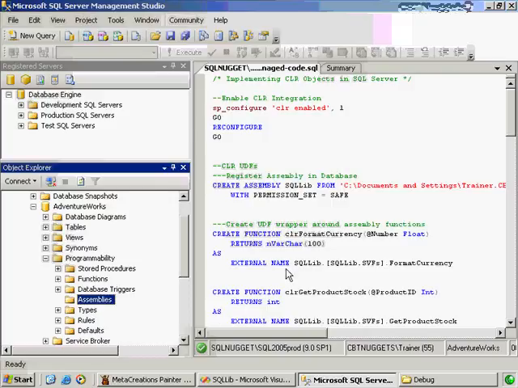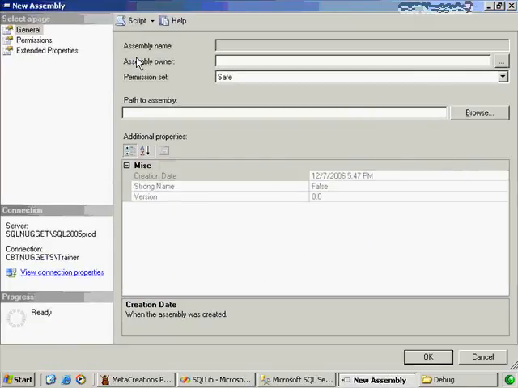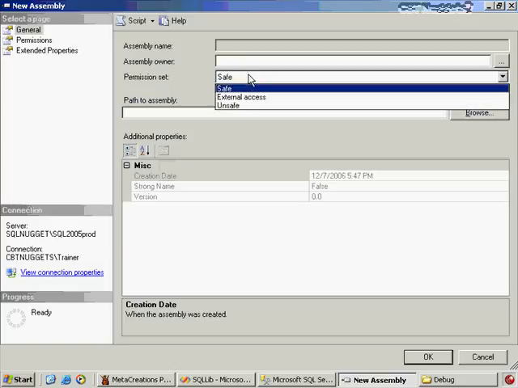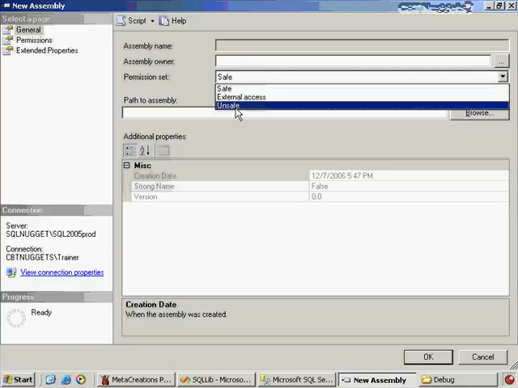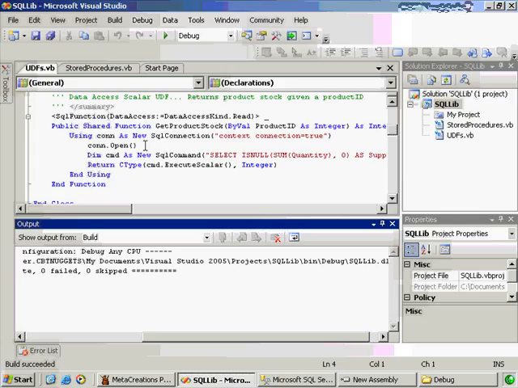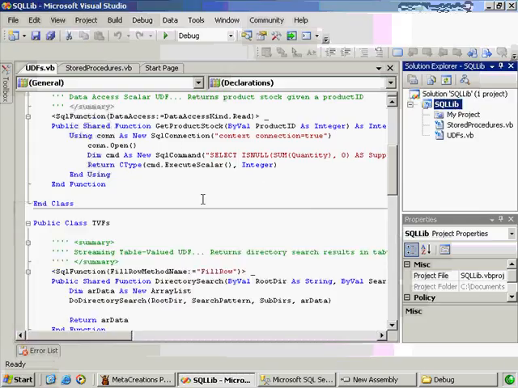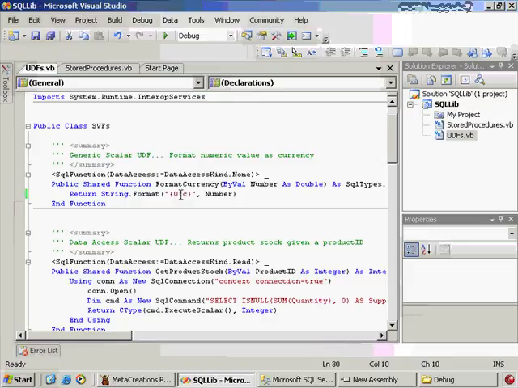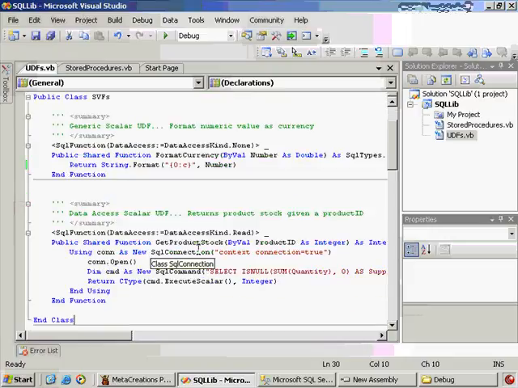and this is going to open up the New Assembly dialog. First thing we need to do here is set your permission set. We have three choices: safe, external access, and unsafe. Safe is for when you're only accessing things within SQL Server, such as those first two functions we built would have been fine at the safe level. We're just simply formatting currency in this one. In this one, we're just doing a get product stock, but nothing is going outside of SQL Server, so safe